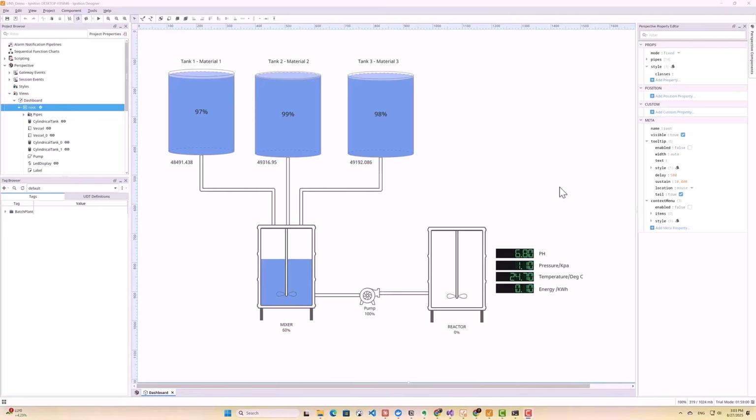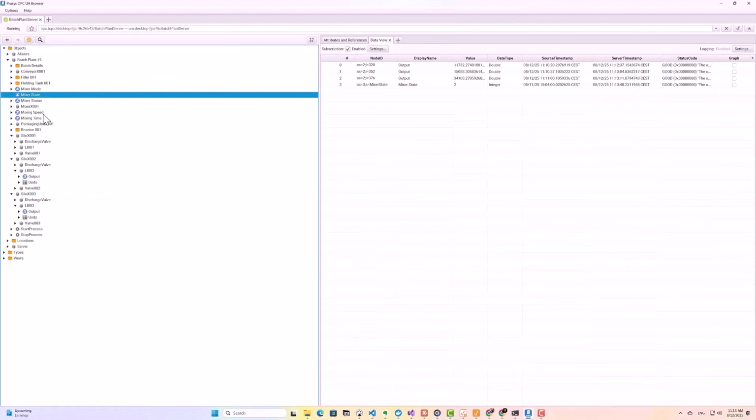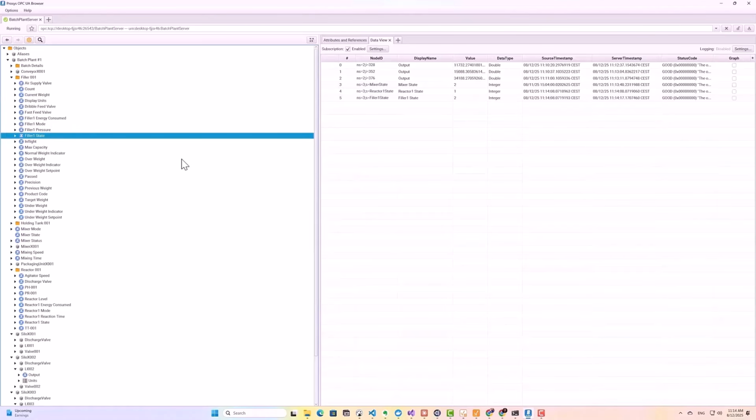To make all this concrete, I'll be using a simulated batch plant as the demonstration environment. The plant includes 3 storage tanks for raw materials, a mixer that blends materials based on a recipe, a reactor for executing the chemical process, and a filler that packages the finished product. All real-time signals from this equipment are exposed via an OPC UA server, and a TimescaleDB database stores product definitions and recipes. All the code used in this video is available on the GitHub link in the description below, so